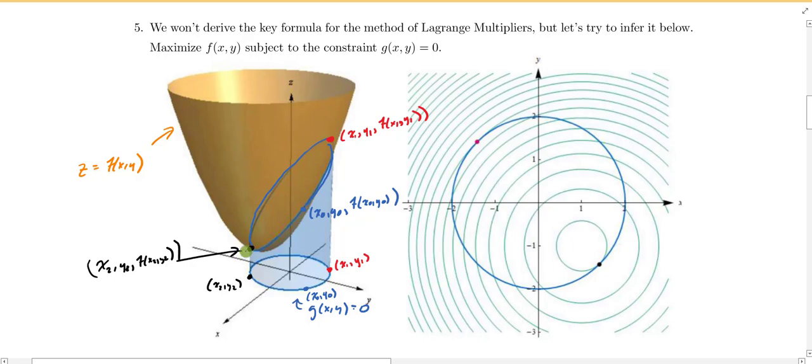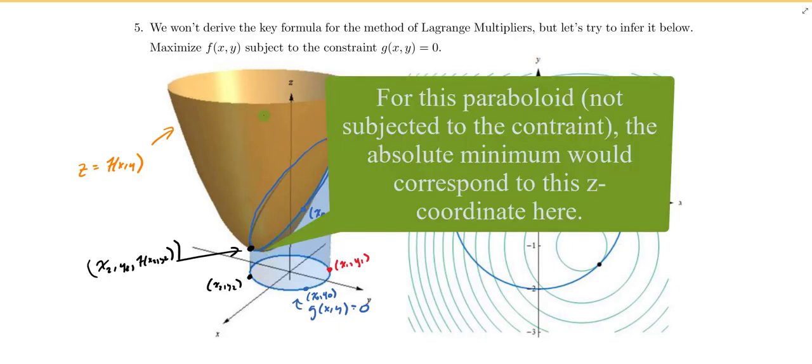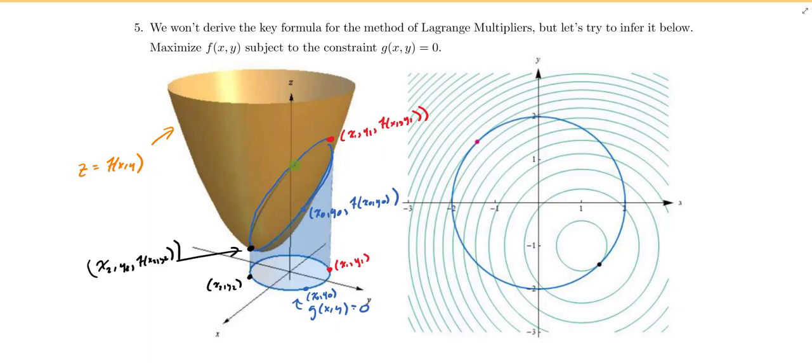And just by inspection, that ordered triplet appears to have the minimum z value on the graph of this surface. So notice, in this case, we're not finding the absolute minimum on the original surface. We're finding the absolute minimum on this surface when we restrict ourselves to only ordered triplets that lie on this, in this case, elliptical curve that lies along our surface, corresponding to these xy coordinates that we restricted ourselves to by our constraint. So the question becomes, how do we find these maximum and minimum values? We can see them here on the graph, but how would we find them